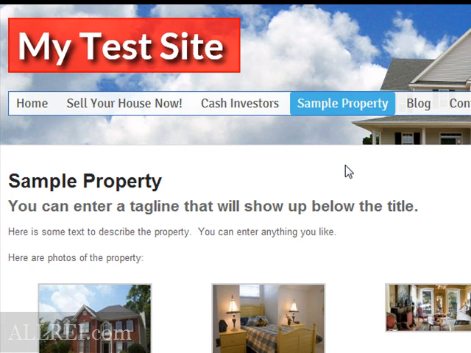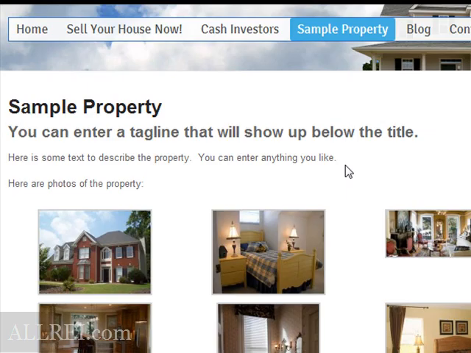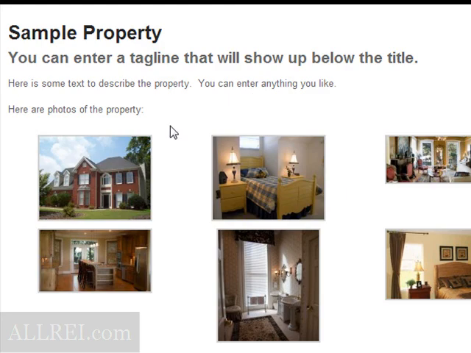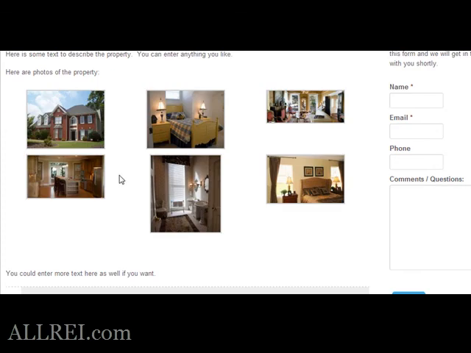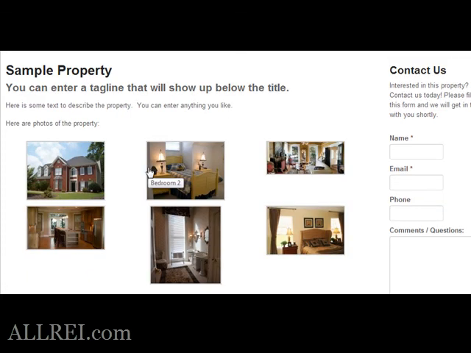Okay, so you can see here we are on our page with our listing, and if we scroll down, we can see this listing that we made. It's just a sample one that I was working with, but here we can see the little thumbnail versions of the pictures, and they're all lined up in rows and columns. Now we want to be able to click them to see a larger image. So I'm going to click one,